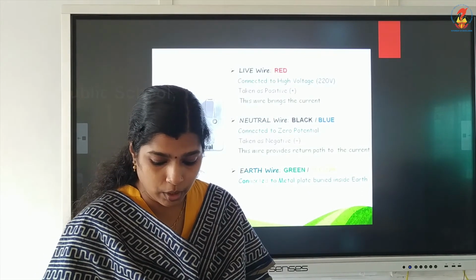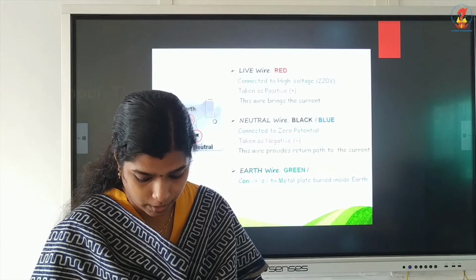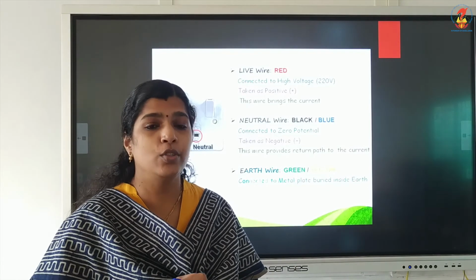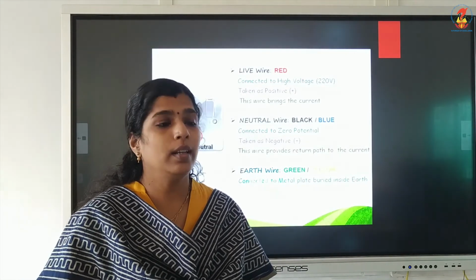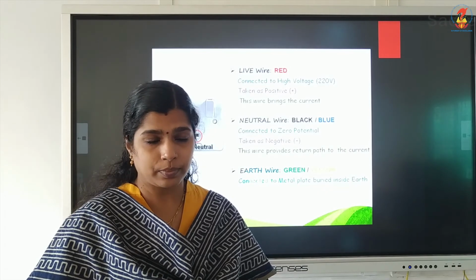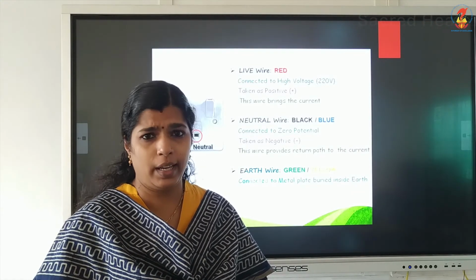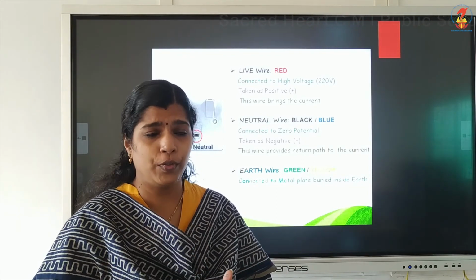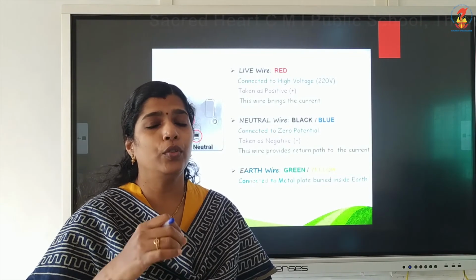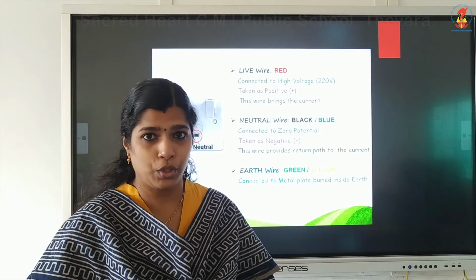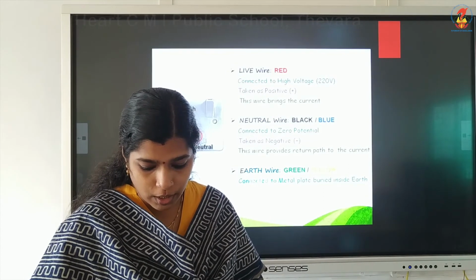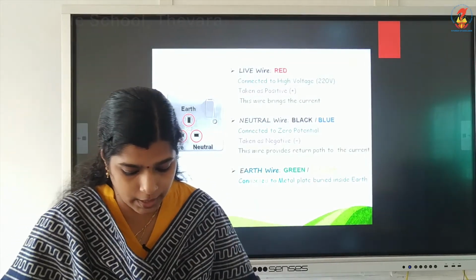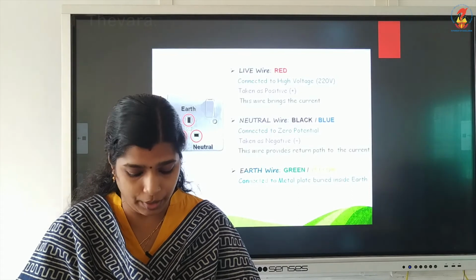Electric fuse is an important component of all domestic circuits. We already studied the working principle of the electric fuse, that is Joule's law of heating effect. An electric fuse is made up of an alloy of tin and lead. It has a low melting point. So when the current through this fuse wire exceeds the limit, the fuse wire will melt and break the circuit. A fuse in a circuit prevents damage to the appliances and protects the devices from overloading.